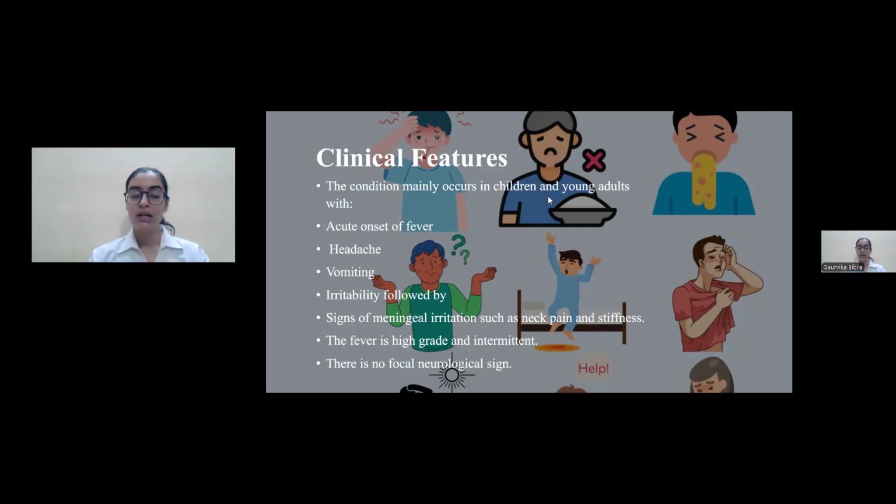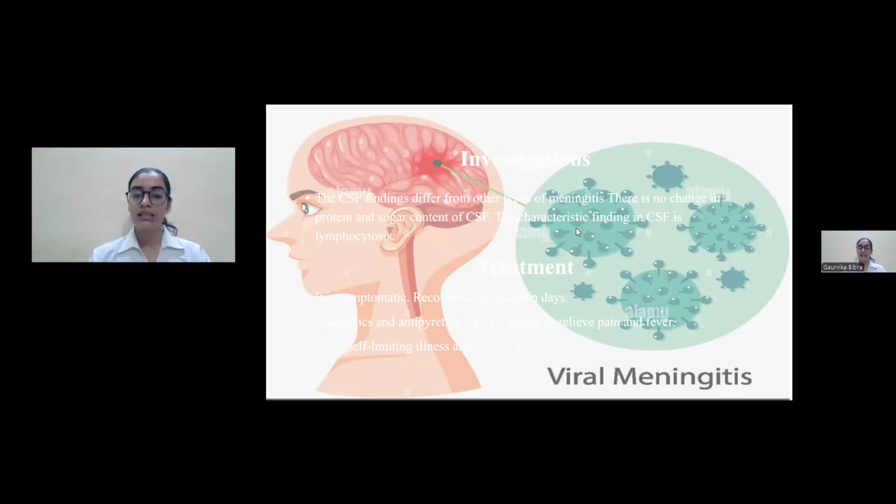and neck stiffness. The fever is high grade and intermittent. There is no focal neurological sign. So, talking about the investigations, the CSF findings differ from other types of meningitis. There is no change in the protein and sugar content in the CSF, but the characteristic finding is the